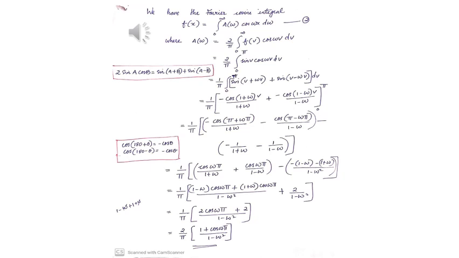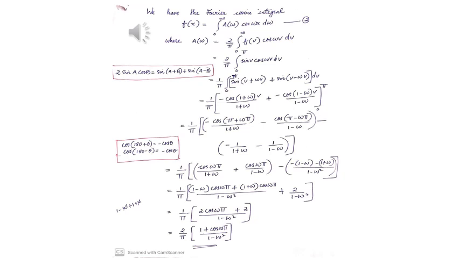So integral sin ax dx is minus cos ax by a plus c. So it becomes 1 by pi, then minus cos of 1 plus omega the whole into v, where v is taken common. The coefficient of v is 1 plus omega, so it comes as the denominator. So divided by 1 plus omega, plus sin v minus omega v, whose integration is minus cos of 1 minus omega the whole into v divided by 1 minus omega. Now, coming to the fifth step, we are going to apply the limits.